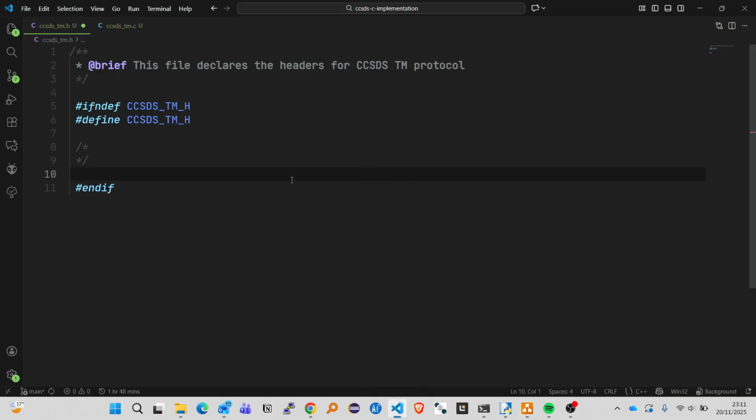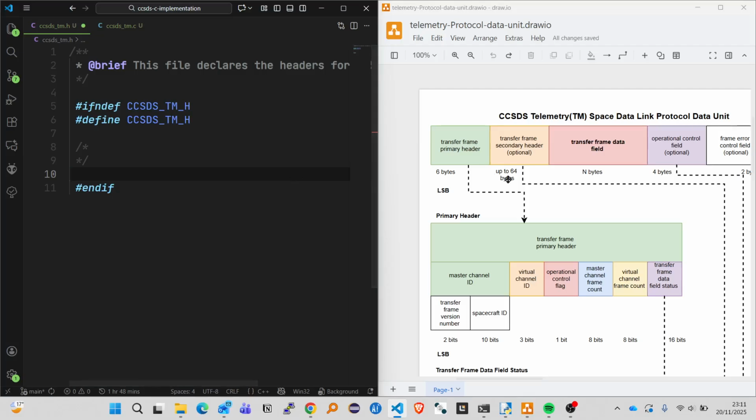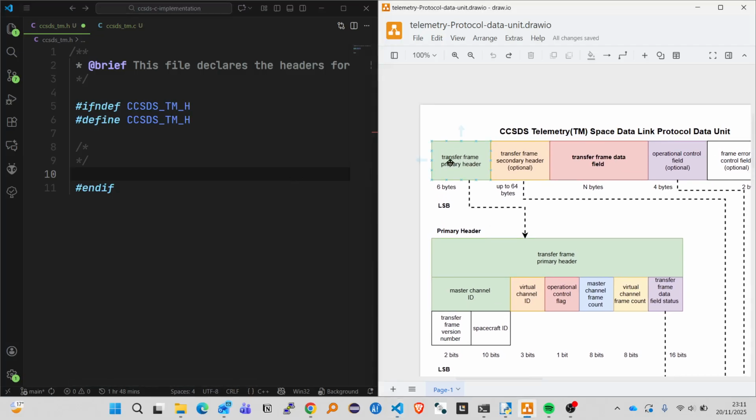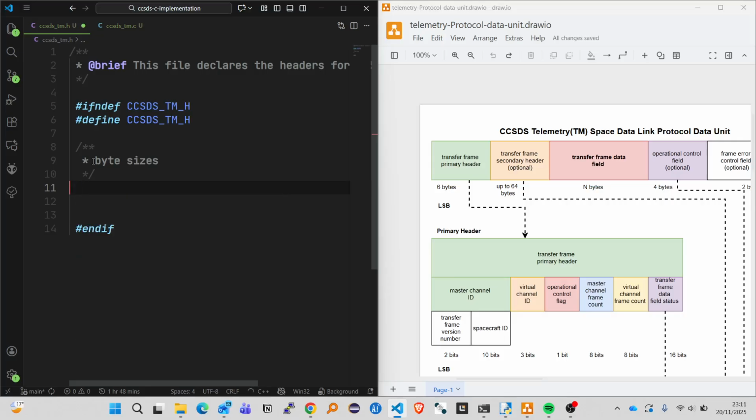Yeah, like that. Cool. So transfer frame primary header, right? Let me just comment that and say this is header byte sizes. We'll define this as we go. And here I'll define transfer